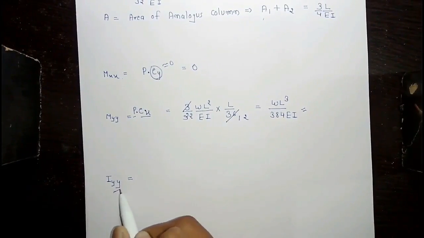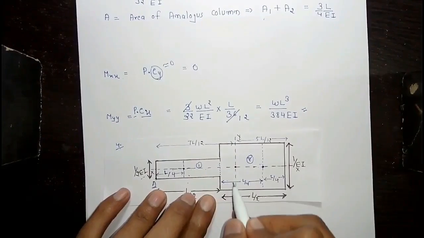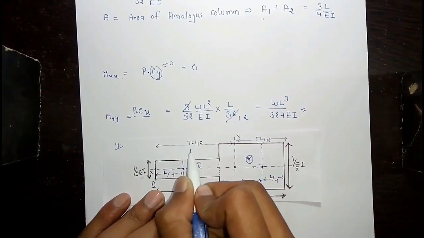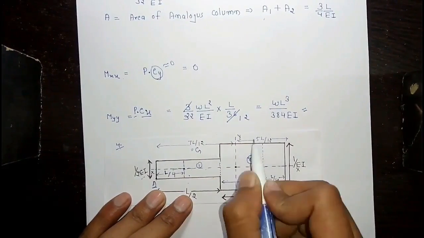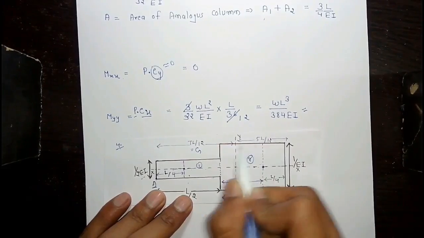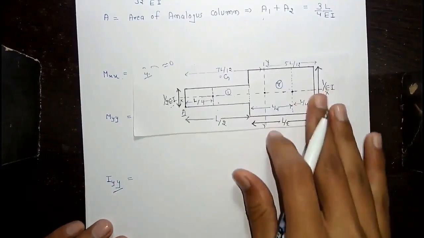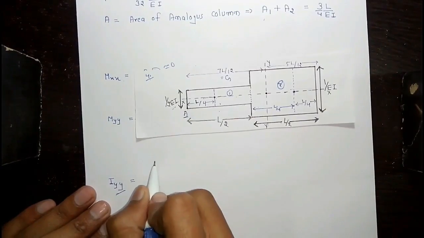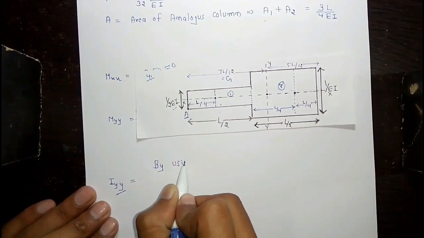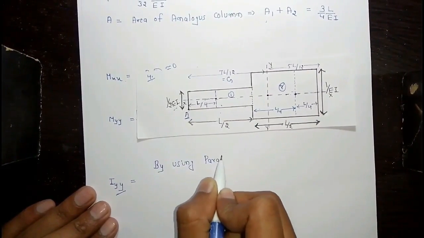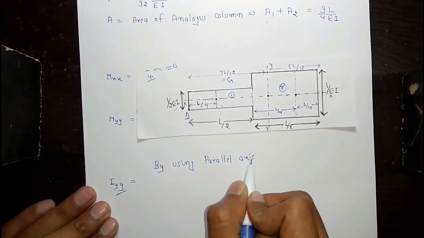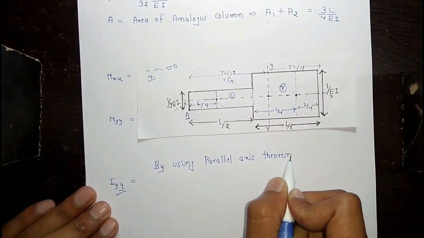Now to determine the moment of inertia about the YY axis, this is the YY axis and G is at 7L by 12, and from the other end it will be L minus 7L by 12, which is 5L by 12. And by using the parallel axis theorem,